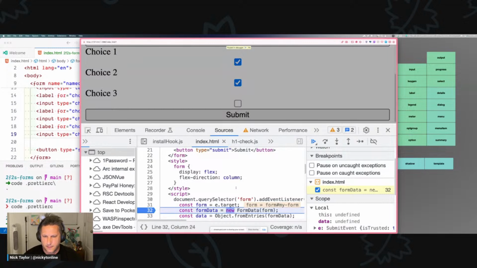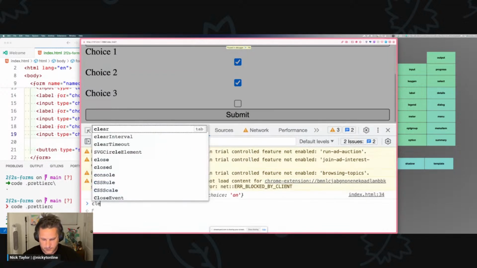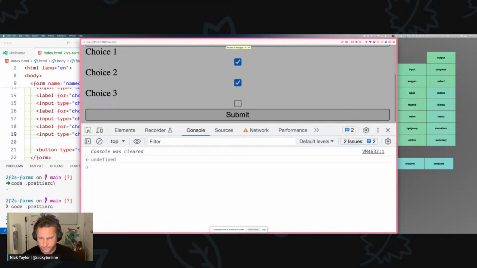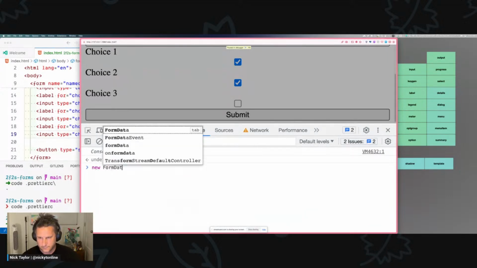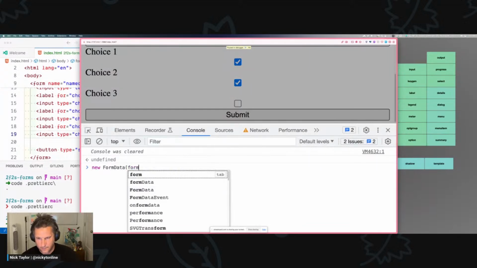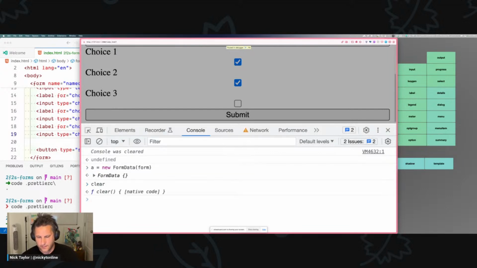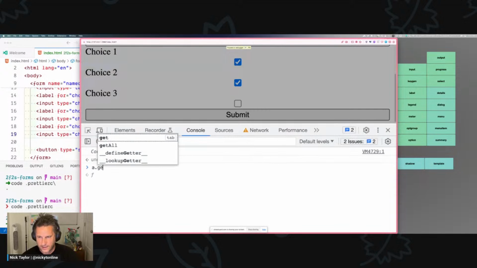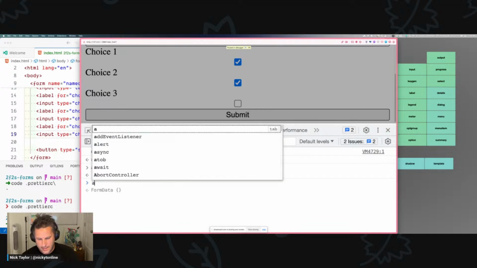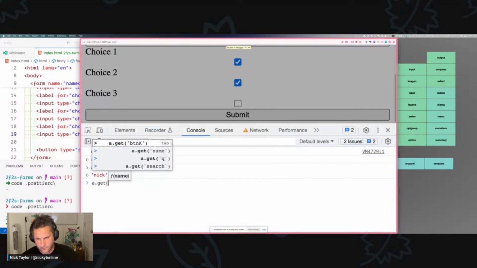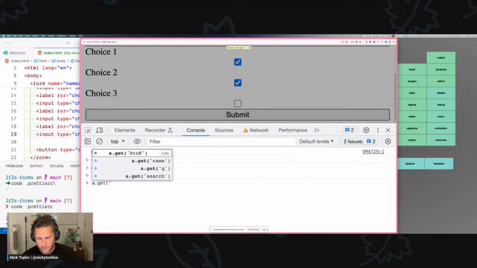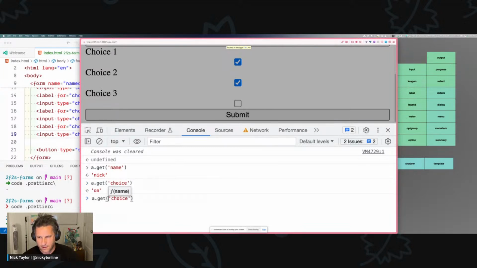Now, let's look at what the form data looks like. So let's clear this. Form, and I'm just going to call this a for now. If I do a dot get again, I can get my name like I was doing before. Now, with the checkboxes, there's multiple, and hopefully I built this right. So I'm going to say, go get me choice. That's saying on, but if I say get all,